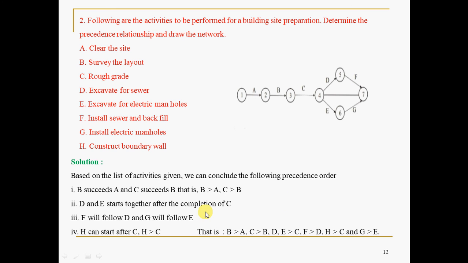Following this logical relationship, you can build the network. What is the meaning of this? There is no predecessor for A, and B, C are taken in series. Fine. Then after C, D comma E we can take simultaneously, that's what we decided here. And after C, you can take F comma G also simultaneously. So this is the first node number, this is the last node number. You can see the beauty of the network. You can optimize the time here to the maximum extent. Why? D and E, and F and G also, are taken parallelly. Hence, you can save the time.